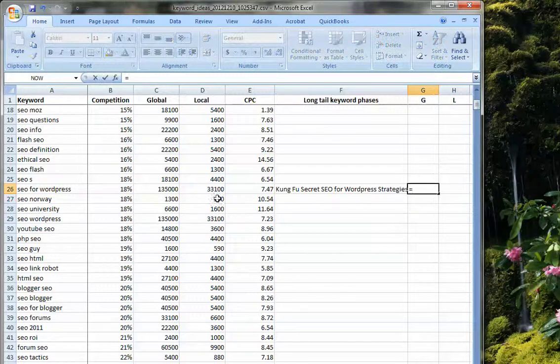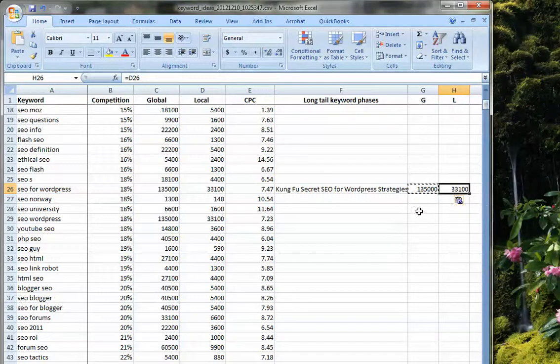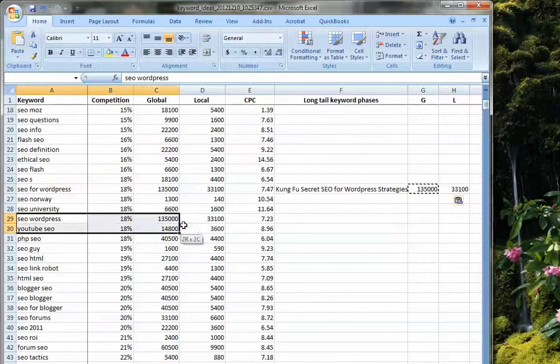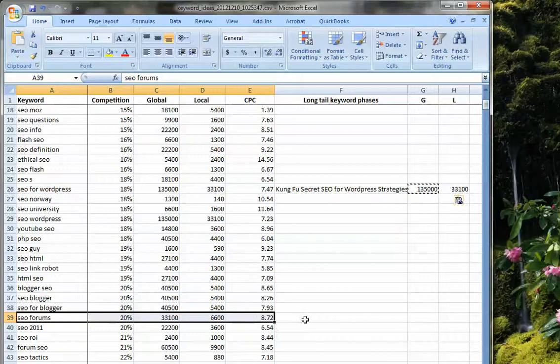That's going to give me 135 global, and it's going to give me about 33,000 local. So I continue doing that. Here's another one right here that I could use. Here's two 40,000 ones right here. Here's another 33,000 one. And I would continue to write SEO long tail keyword phrases using these to create a high level of traffic.